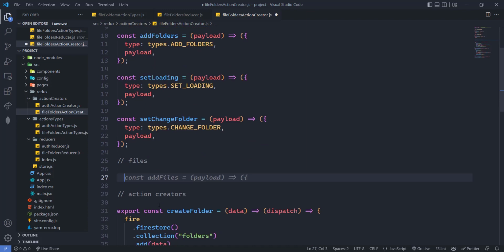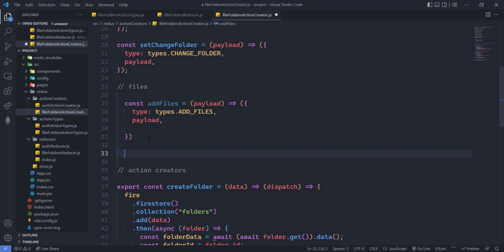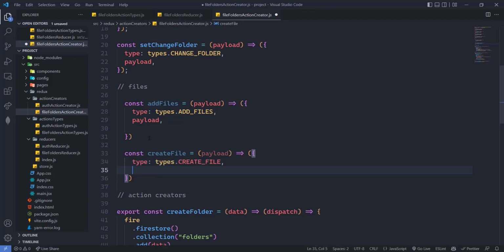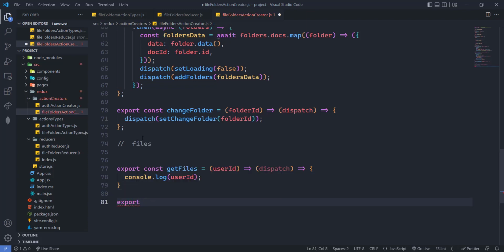So here first of all add files will be there. Type will be types.add file, add files, then there is a payload, and second for create file. Now here we will create some action creators for that. First of all, to get all the files, we will be having the user ID. So here I'm just going to console.log our user ID, and the other thing we are going to do later. And then to add a file, so to create a file,